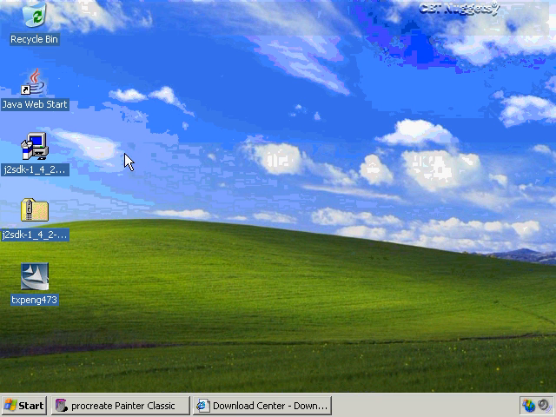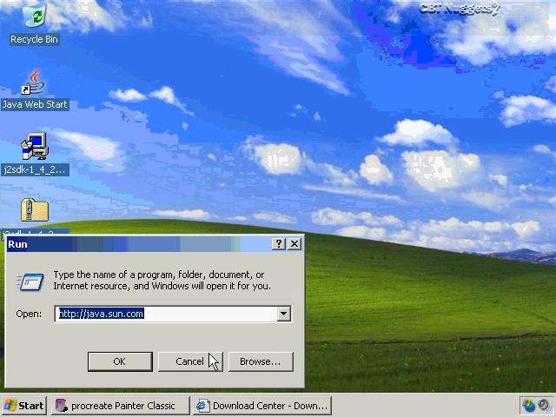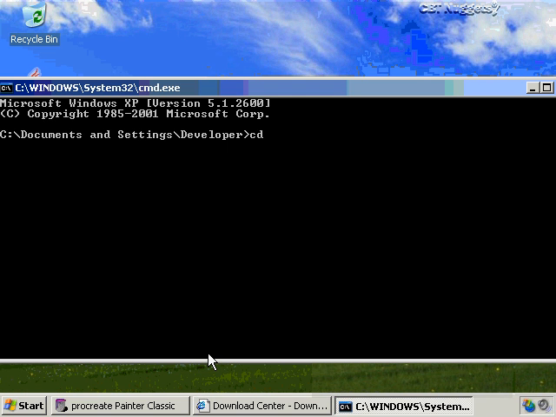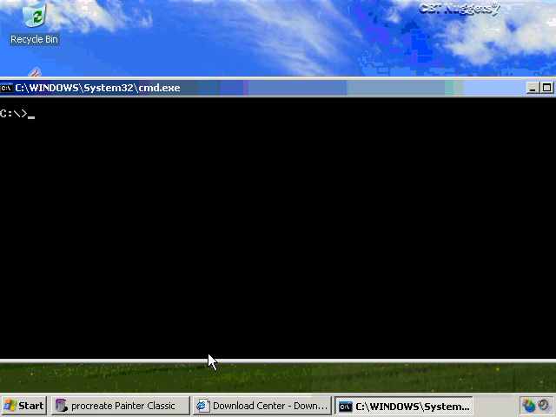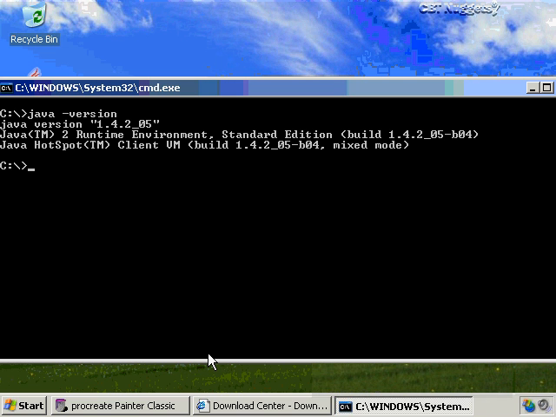Am I going to be using it? Not really just yet. What you're going to do is hop out to a command prompt. I type CMD in the Run box, and let me just go ahead and clear this out. Here's the first line of defense to know that you've actually downloaded and installed Java. Type java -version. What that's going to do is call the Java 2 Runtime Environment. And here you can see that's exactly what happened. It's calling the Java 2 Runtime Environment, Standard Edition, the build number which we're using here, 1.4.2-05,